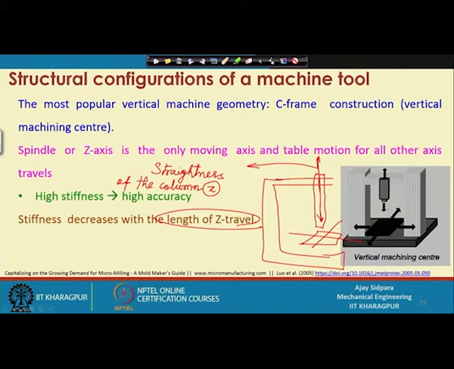So, this is creating a problem, because that means where it is creating problem, that you cannot actually put a workpiece very big here, so that you want to do a drilling, suppose in a 50 millimeter or something, at that time travel will not be that much. So, you have to work within a small movement of the z axis, that means your depth of cut will be sacrificed in this particular case. So, if you are working with a lower z range, low z range, low depth of cuts, because you are going inside the workpiece and that is creating problem.